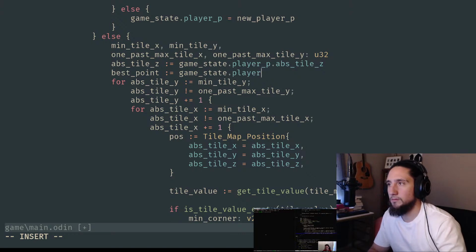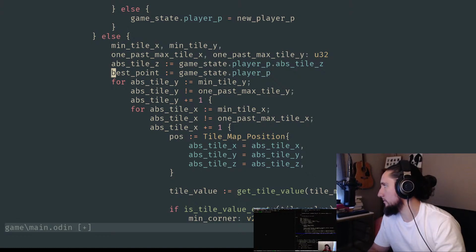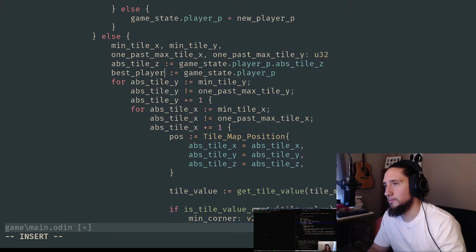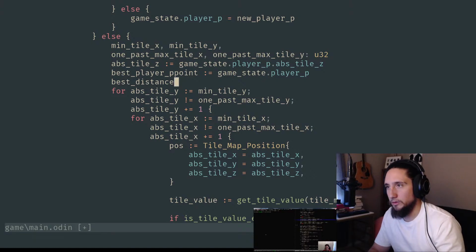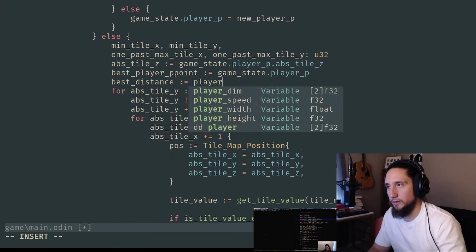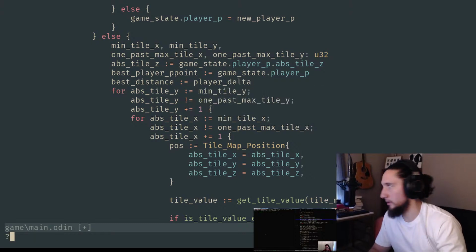And then when we're actually doing this resolve here, I'm going to say when we get back the closest point in the rectangle for that test P, I'm going to then see whether that's better. The distance is better, so I'll also say best distance will be whatever the best distance P is, the distance between the new player P and the old player P, which is again that diff. Do we have? I feel like we have this. So we know how much we added, right? So I'm going to actually save that. So this is the player delta, right? However much we added to the guy is this, right? Okay, so we're breaking some of this stuff up. Player delta is going to be involved in here, but if we go back to